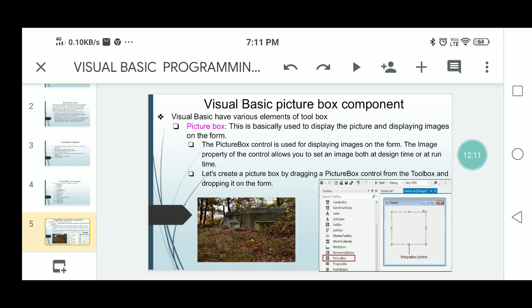You can create the picture box by dragging a picture control from the toolbox and dropping it on the form. So this is the use of the picture box component.